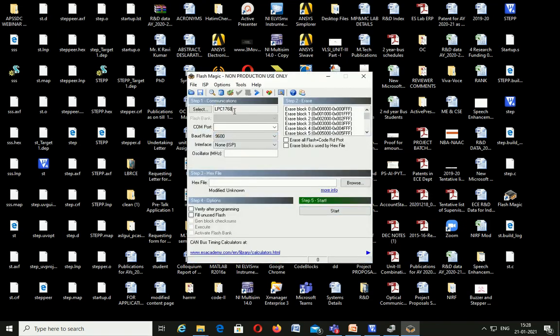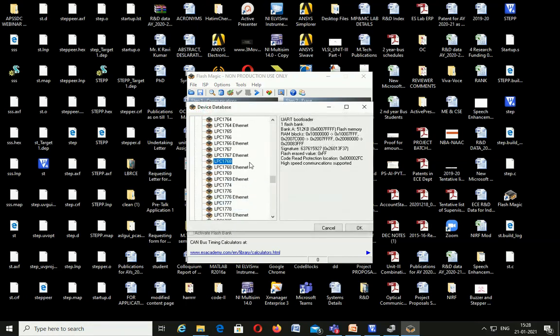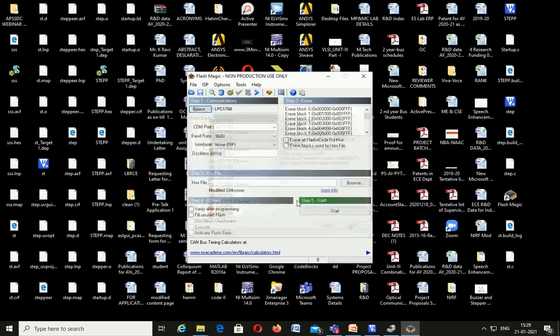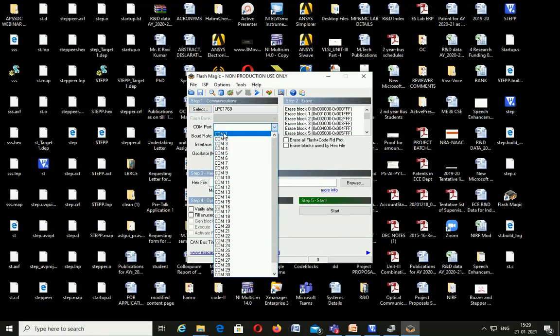Here you have to select the device name LPC2148. Then you have to select the COM port, COM1 or COM2.